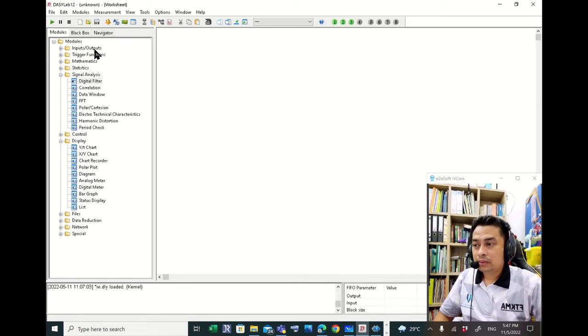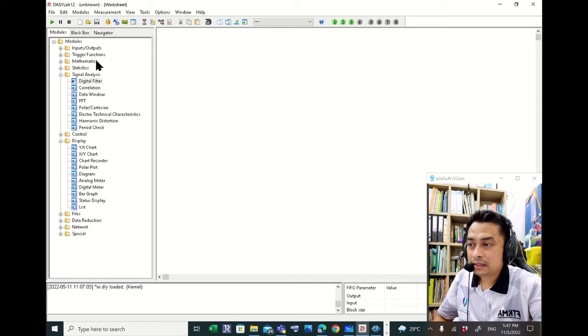Okay, now if you look at this, under the modules window there are a lot of modules, and beside it we have a working area, which is a worksheet area, whereby we combine all the modules to create our own measurement system. Alright, so without further ado, I will show you where we need to